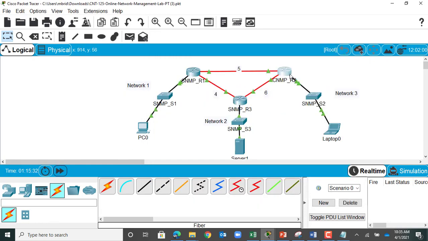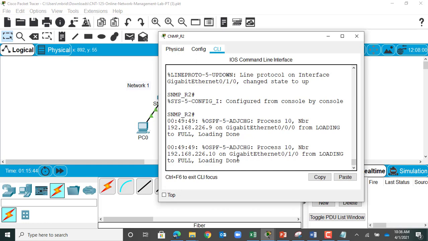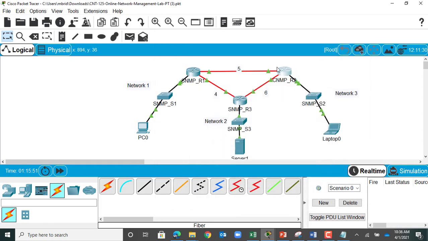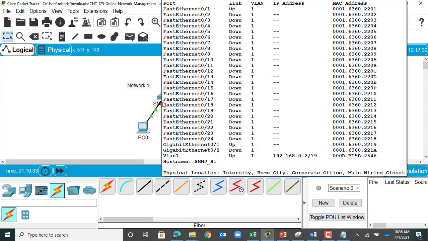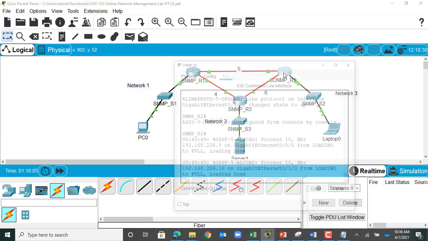Okay, so now you see all of our links are up, which means we have all the right network configuration in here. Our links are here. There's nothing going on there. If I look back here, you'll see that my adjacencies are done. So to truly know that the adjacency has been formed, R2 here knows about this network, he knows about this network, he knows about this one. He doesn't know about this one, and he doesn't know about that one. So to find out if he truly does know,